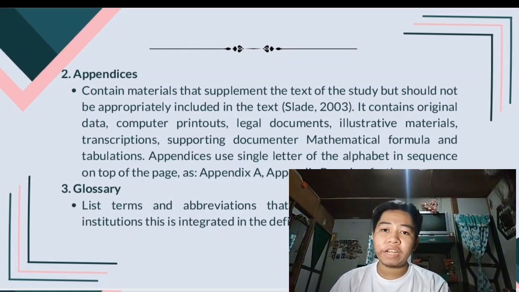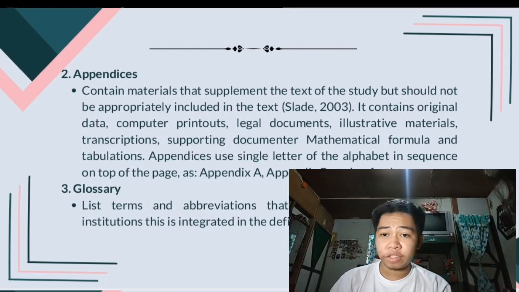Appendices contain materials that supplement the text of the study but should not be appropriately included in the text.